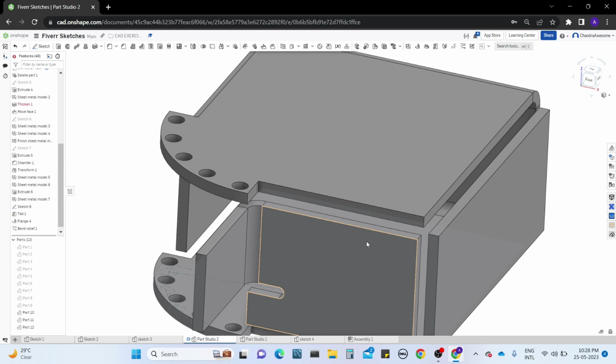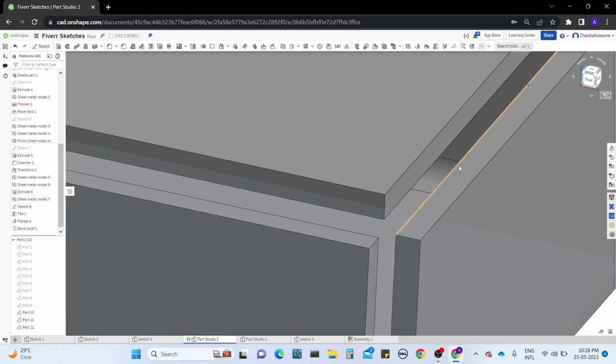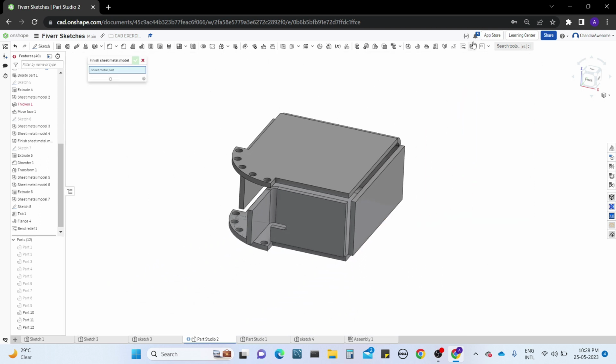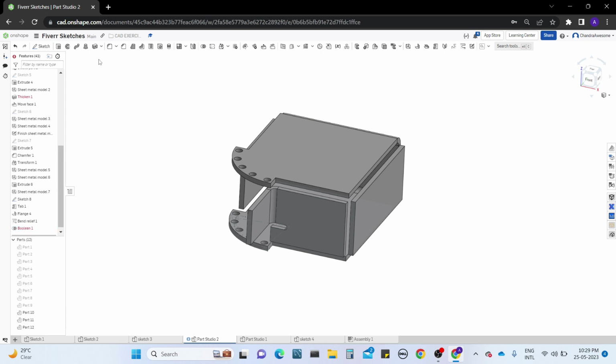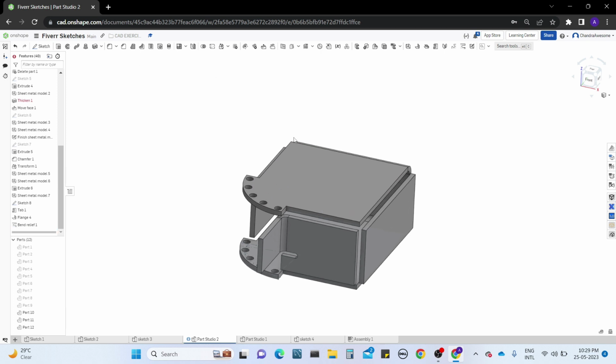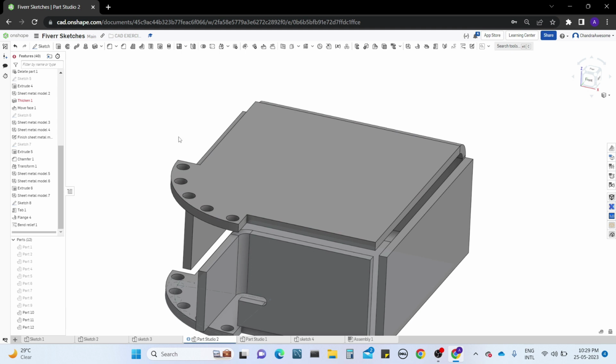I have completed all the tools, and we have another one, which is the finish sheet metal model. So what is the use of it? When you're working with the sheet model, the other tools will not work except the sheet metal tools. So we can't draft, we can't make a hole, we can't pattern, we can't boolean. So most of the tools will not work. If you want to make any changes on this model, we need to make this sheet metal model